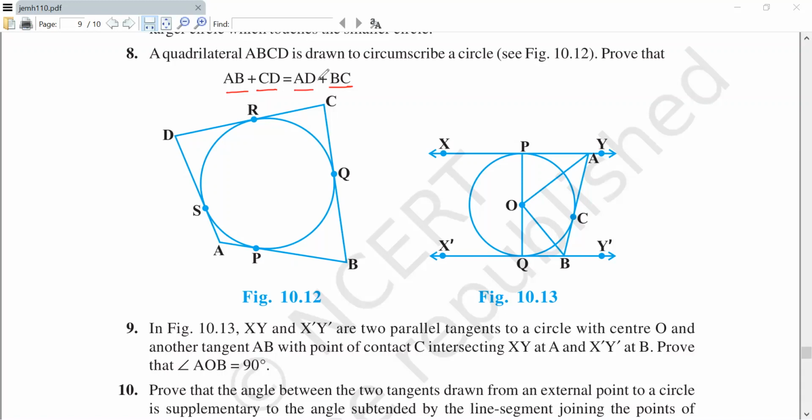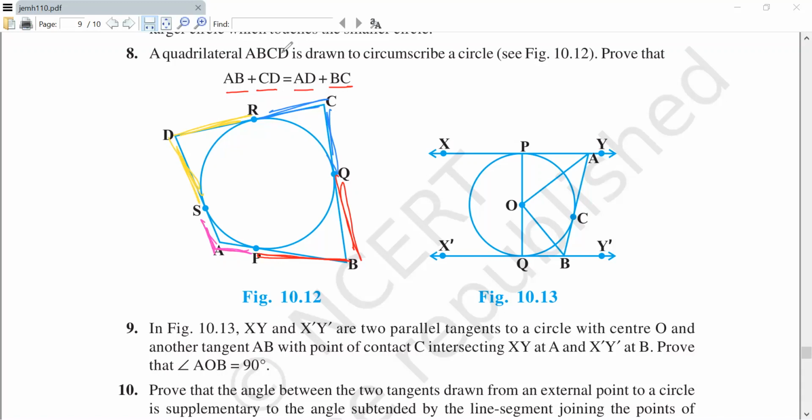Is AB the length of the tangent from where? We talked about what the length of a tangent means. PB will be equal to what? BQ. Fantastic. PB will be equal to BQ. What else? CQ will be equal to RC. Continue. RD will be equal to DS. Very good. And SA will be equal to AP. Tangents from the same external point are equal.